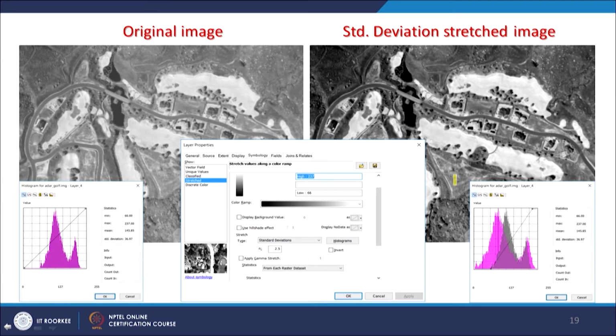These options would be available here. As you can see, you choose the standard deviation option, and I am choosing the value 2.5 in this particular demonstration. When you say OK, this is the result which you get, and this is the redistribution of the histogram. The gray one here is the original image, and the pink one is now redistributed through standard deviation 2.5. So this brings to the end of this discussion about nonlinear contrast stretch as well.